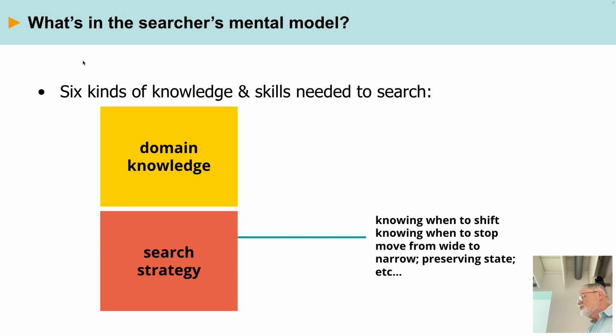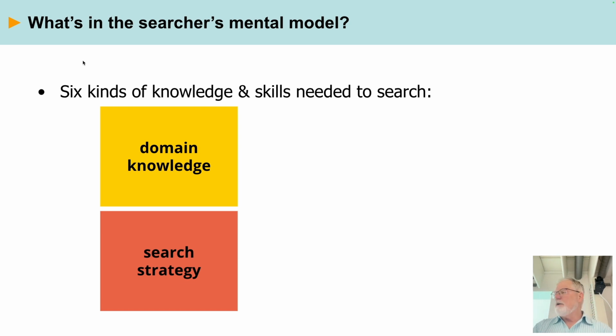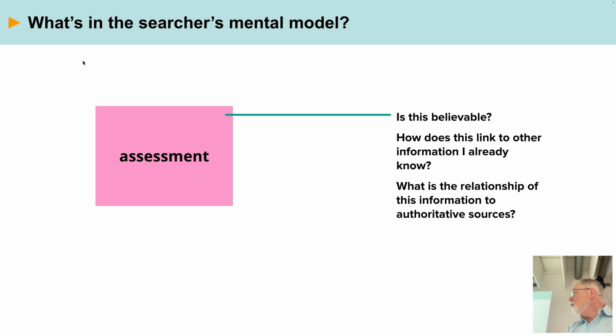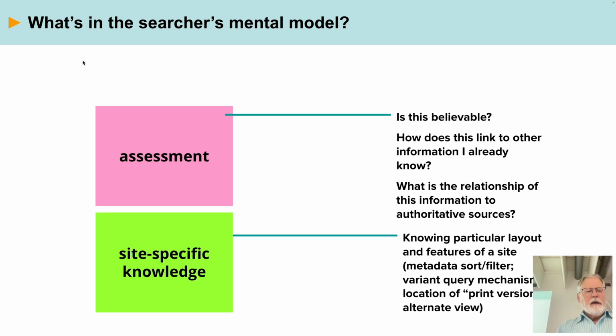And knowing some search strategy is sort of the fourth big area of knowledge. So part of the mental model is, when do you quit? When do you know how to start, when to reframe your query, and so on. The fifth area is assessment. How do you know if this result you've got is believable or not? Where do you learn that? And the sixth one is having site-specific knowledge, like knowing that